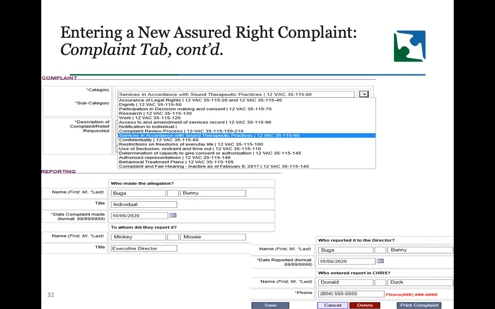The most notable difference between abuse and neglect and assured rights complaints is seen here. So instead of identifying a type of abuse or neglect, you'll have to identify the specific regulation or assured right and the subcategory of the regulation that is alleged to have been violated from the respective drop down menus. You will need to rely on the human rights regulations to ensure you have identified the correct regulation and subcategory based on the complaint. Of course, if you have any questions, the assigned advocate is more than happy to